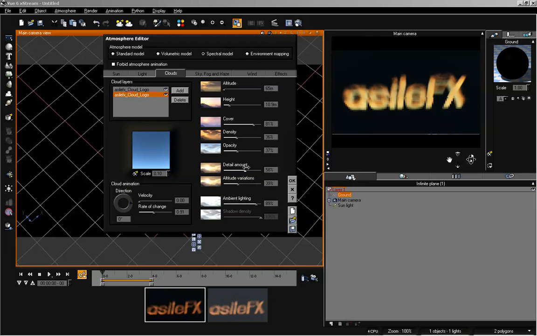Increase that detail amount, and we could just add multiple layers. If we take a look at the altitude, they're 5 meters apart right now. If I want the lower one to be a little bit closer, go ahead and bring that up to 68. So now they're only 2 meters apart, and we've got an even nicer blend. Adjust the opacity amount,